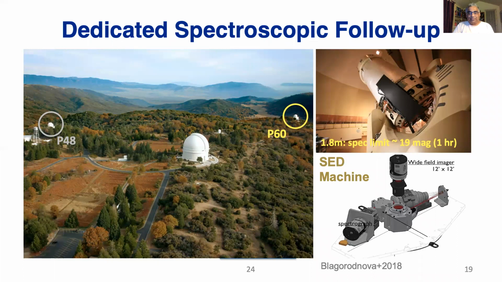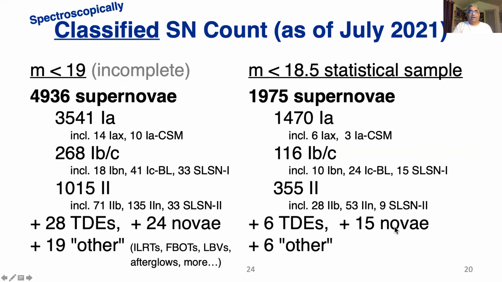Just identifying candidates, I think, is not where the current frontier is. You must have an end-to-end plan, and we are very happy that we thought through this some years ago. So we have a dedicated spectral classification engine mounted on the P60, the 60-inch telescope, and it's a spectrograph that is fine-tuned for classification. It's called the Spectral Energy Distribution Machine. And thanks to this, things work in tandem, and we're able to do about 100 classifications per night.